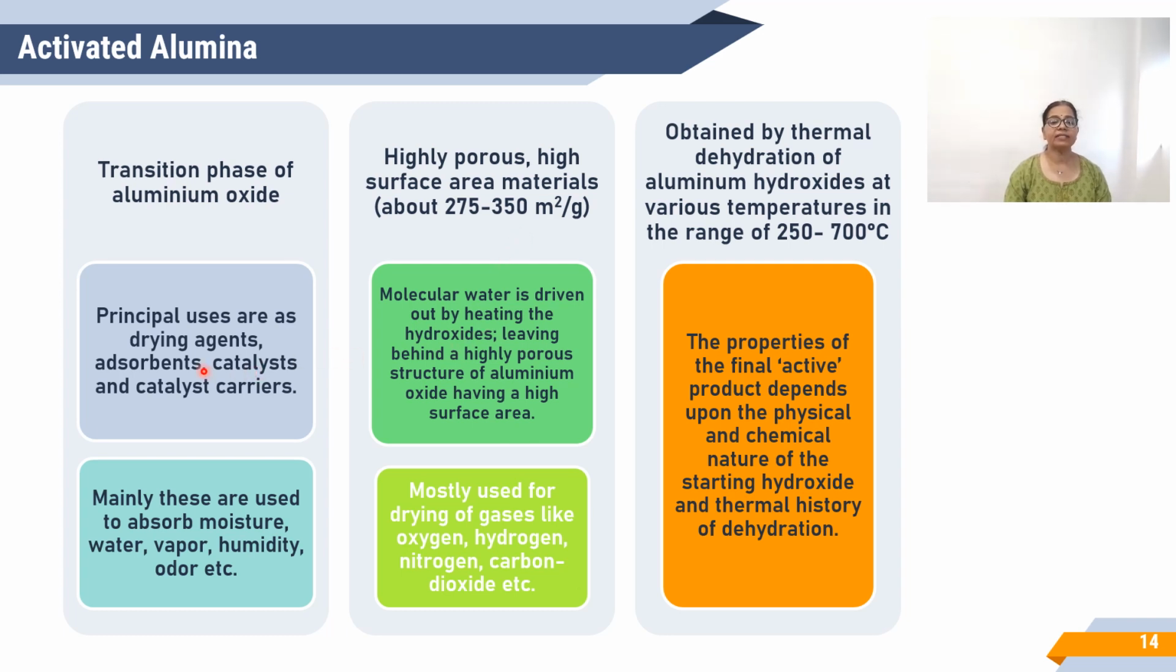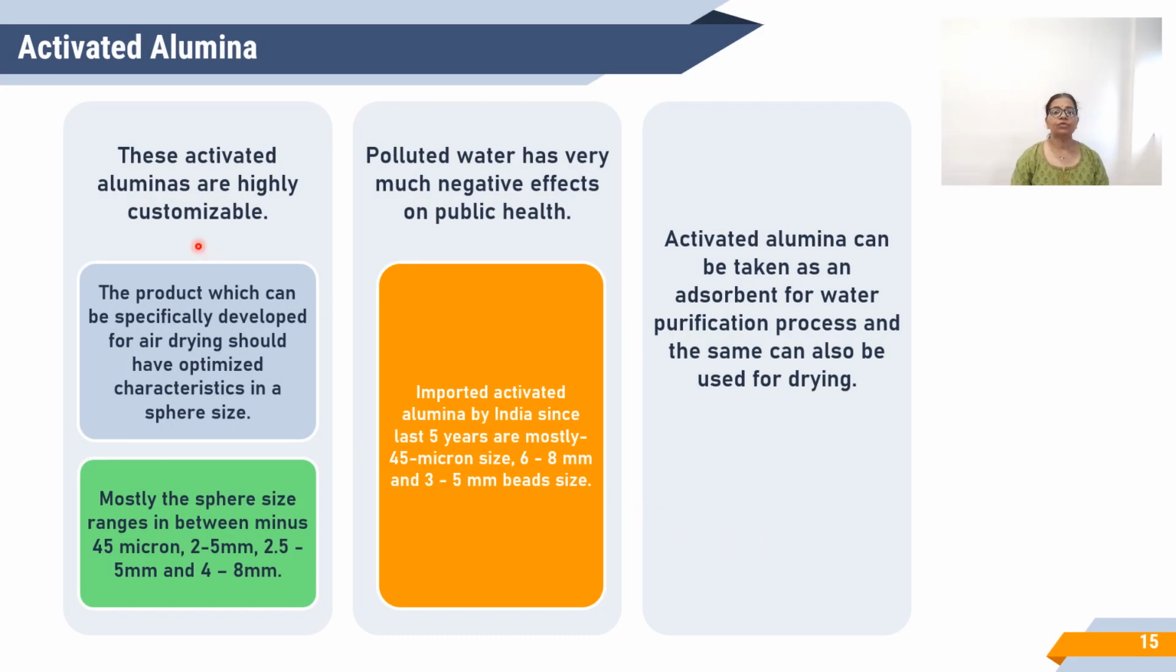And the principal use, as I said, is in drying agents, adsorbents, catalysts and catalyst carriers, and mostly it is used for absorbing moisture, water vapor, humidity and odor, and in drying of gases such as oxygen, hydrogen, nitrogen and carbon dioxide. The properties of the final active product depend upon the physical and chemical nature of the starting hydroxide, the thermal dehydration properties and the history of the product. So these are highly customizable. These activated alumina can be produced according to